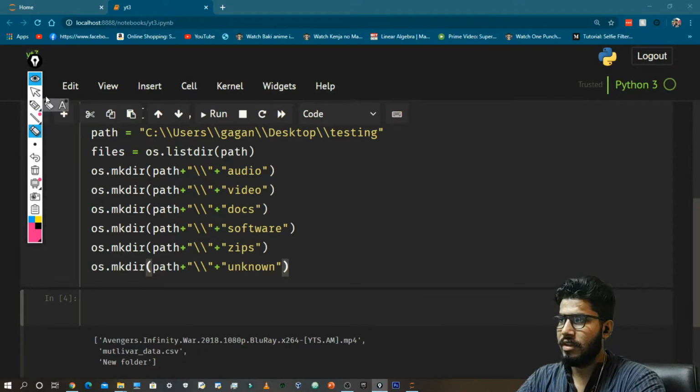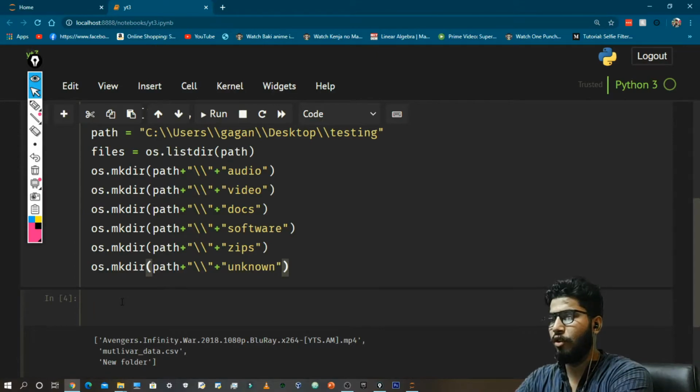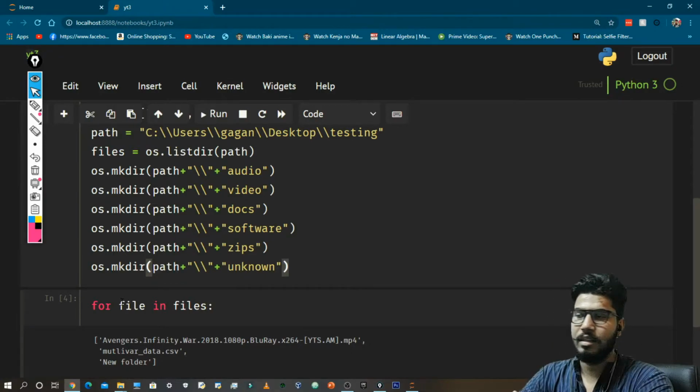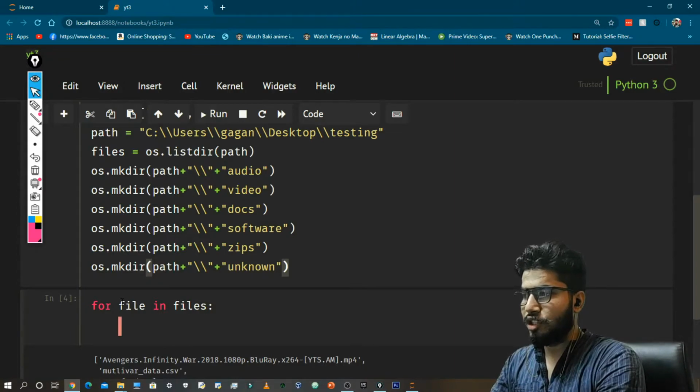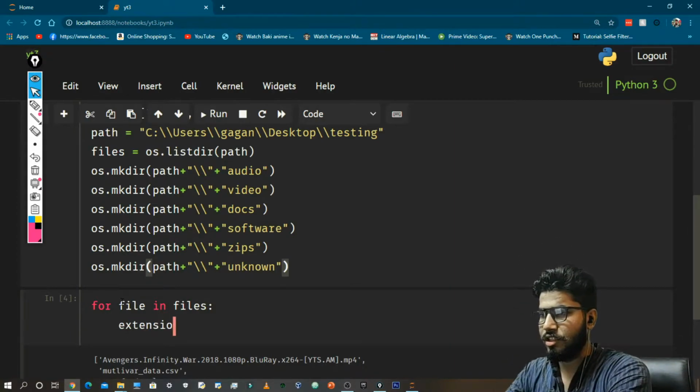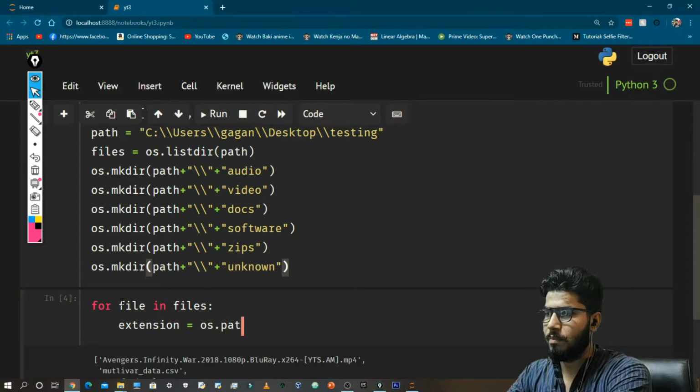So first of all, we will use a for loop: for file in files. For each file, I'm going to check the extension, and the extension is equal to os.path.splitext, and here I'm going to give the file.